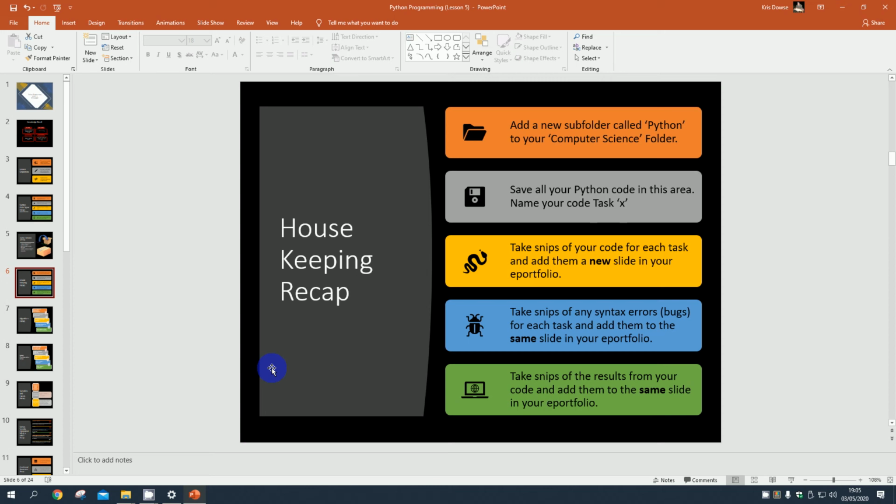I'd also like you to snip some of your bugs. Okay, I'm not seeing many people snip bugs yet. Nobody writes code perfectly the first time. It takes a bit of time. I never write code perfectly. You always get a bug. And it would be nice to start to see some of you show that you had a bug and that you've clearly read the last line of it, which explains what's wrong, and you've corrected it and you've put it right. Okay, so I'd like to see your bugs,